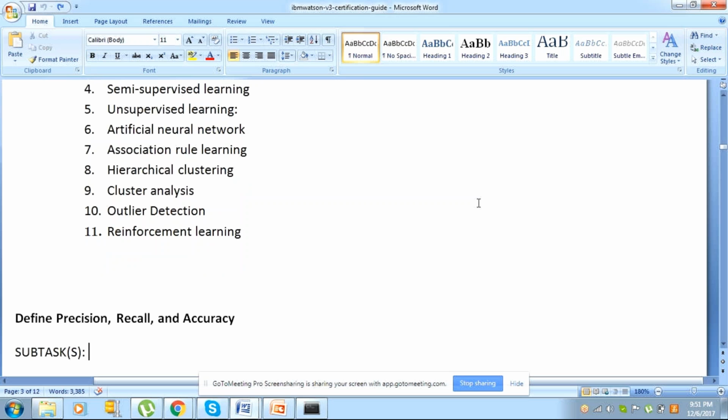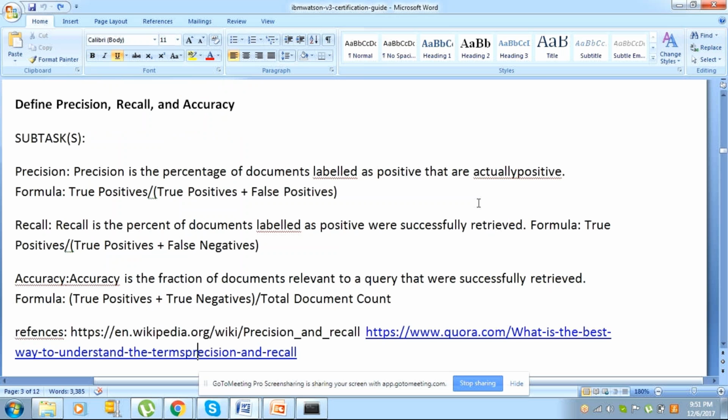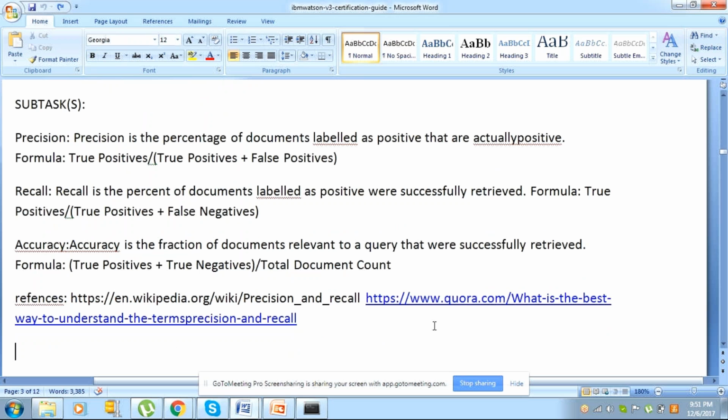So then we'll be requiring precision, recall, and accuracy. These are synonymous terms, with a little bit of difference, and there is a better explanation in these Quora articles. How is it a little different? What is accuracy, and how is recall the percentage of document levels positive but successfully retrieved? Something we expect and something successfully retrieved. So it's a kind of difference. A very good way of understanding is explained here. We'll discuss that.